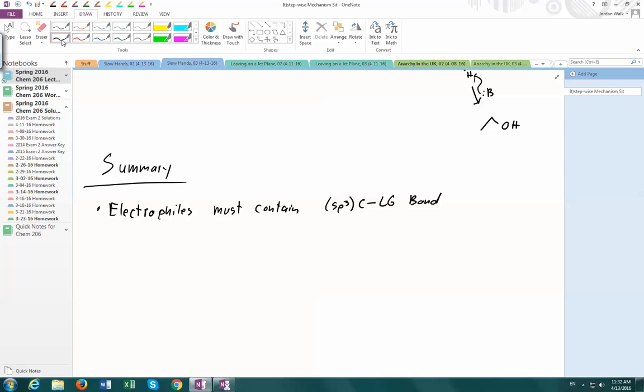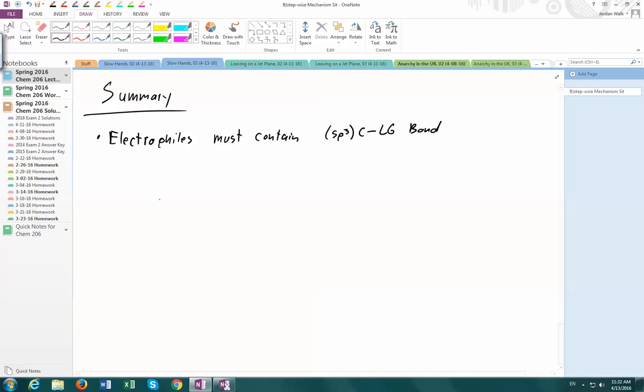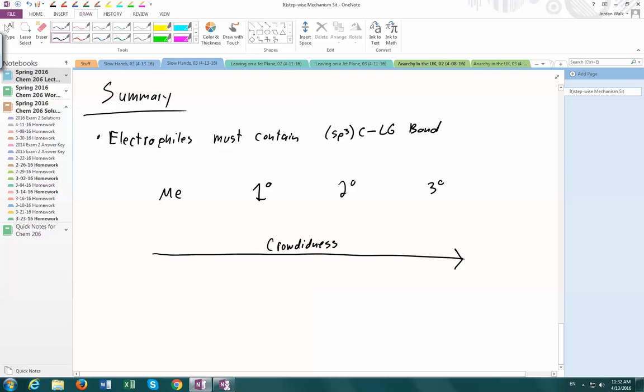All right, so let's see. We've talked about 4 different possibilities in terms of our electrophile structure. So we've seen a methyl, we've seen a primary, a secondary, and a tertiary. And so we've talked about some trends between these things. All right, so one trend that we talked about was crowdedness. All right, and so where does crowdedness increase? Left to right or right to left? Definitely left to right? So a tertiary alkyl halide is going to be much more crowded than a methyl alkyl